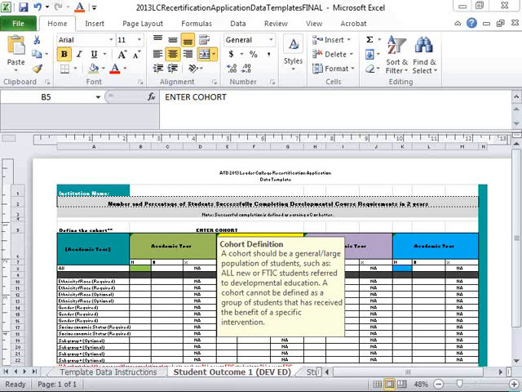When you come to something like retention, you may be choosing a much larger population. You wouldn't want to focus on a very small population of just entering students that had developmental ed requirements only. Even though that can be a large population, you want a retention rate that's more reflective of the majority of your students. You wouldn't want to choose part-time or full-time only, although if you have large enough segments, that could be an